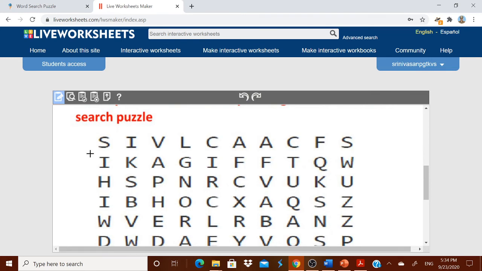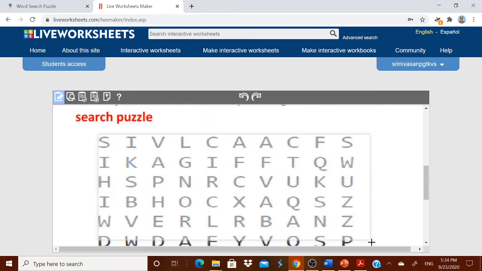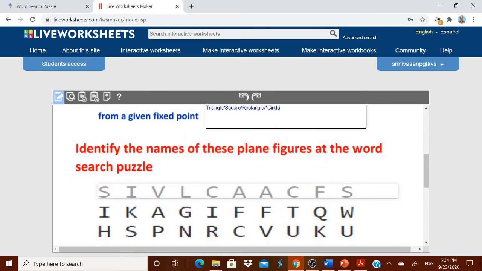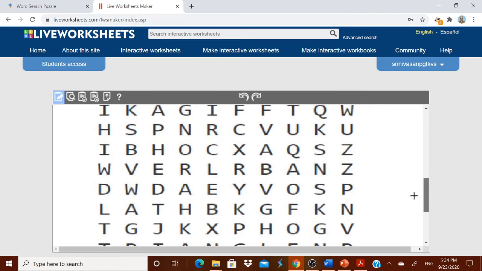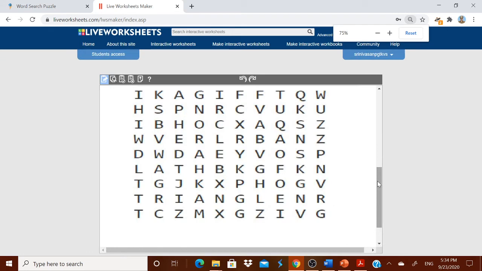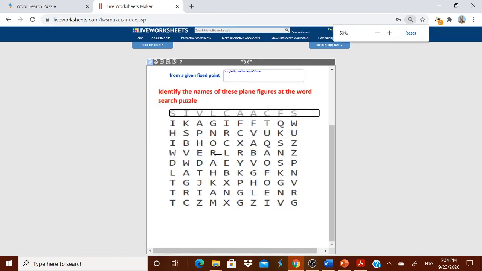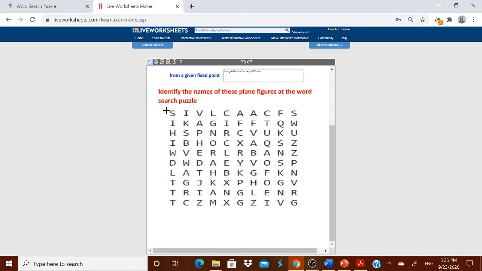Let us come back. Okay, now let me box it. I will try. I will come down, please come down. I think it is coming down. Okay, I will reduce the size of it a little bit. Okay, I have reduced the size of it. That is the one you may find a little bit difficult. I'm making exactly a box of it. Okay, here put the cursor.